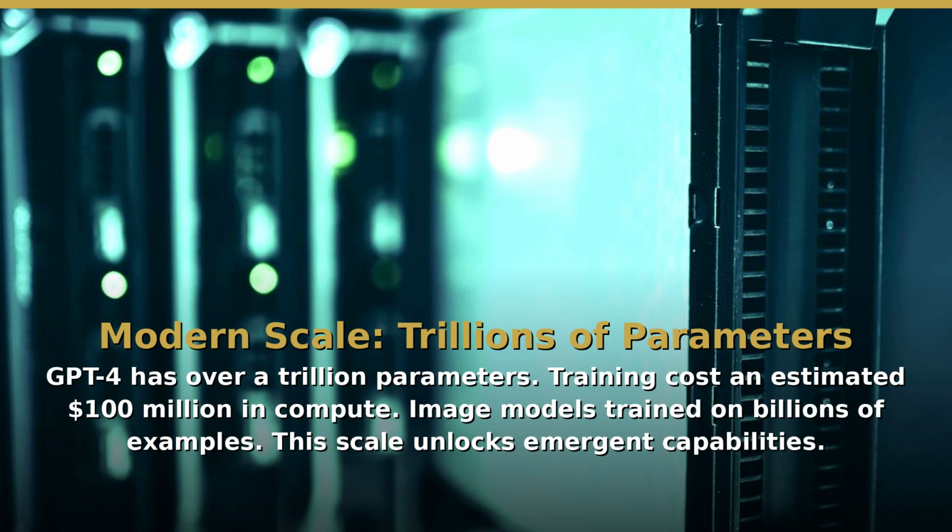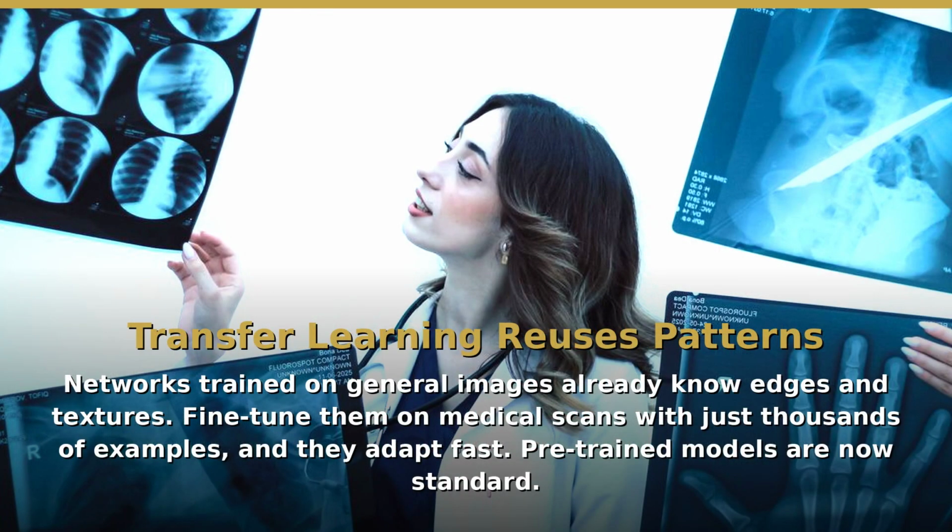Overfitting is the failure mode when networks memorize instead of learning, if you train on too few examples or iterate too many times. The network learns noise and peculiarities specific to the training set rather than general patterns. It performs perfectly on training data but fails on new data.